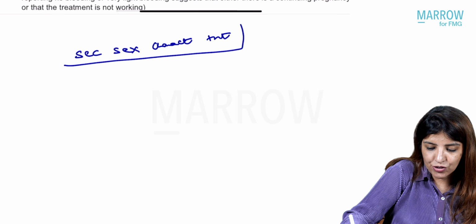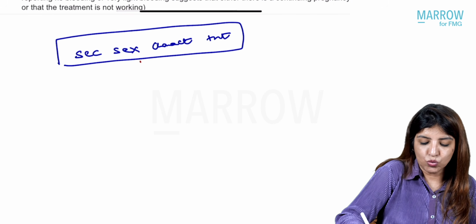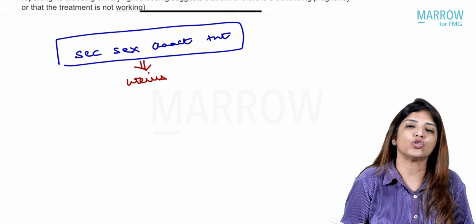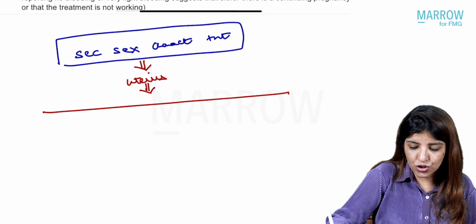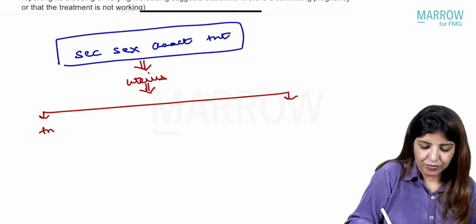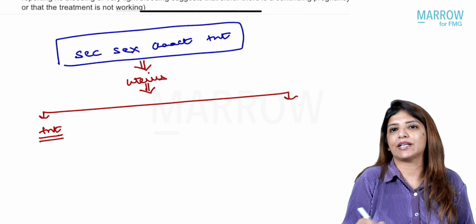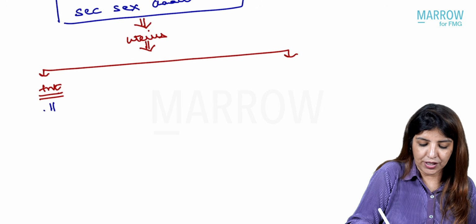Now, if secondary sexual characteristics are present, then what you have to see is whether uterus is present or whether uterus is absent. So, if uterus is present and secondary sexual characteristics are present, then your diagnosis is